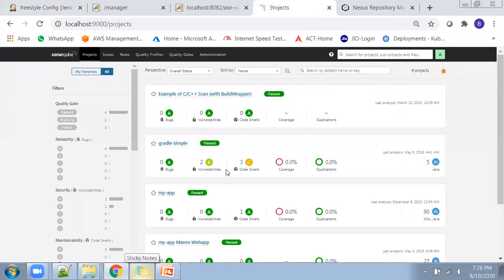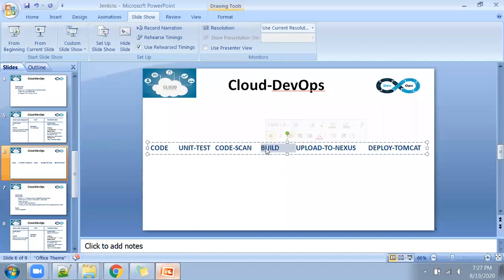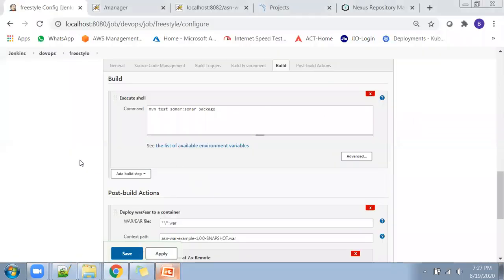Okay, I think my SonarQube is up and running. Once I do the job build, the SonarQube analysis can be published. So this is SonarQube. And what is the next section? Build already we configured. And what is the other one? Upload to Nexus. Let's see if there is a plugin available to upload to Nexus. Yeah. So using Maven itself, we can upload to Nexus. That is why I simply add a stage called Maven deploy.